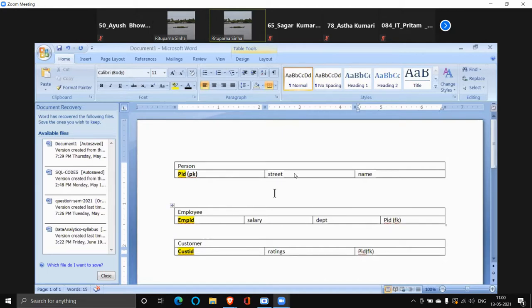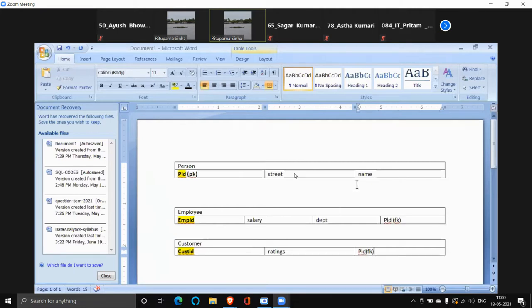Okay. See, this is not becoming clear because we haven't done the SQL part yet. Once I show you the SQL, how we can retrieve the street name from here by joining two tables, it will become more clear.